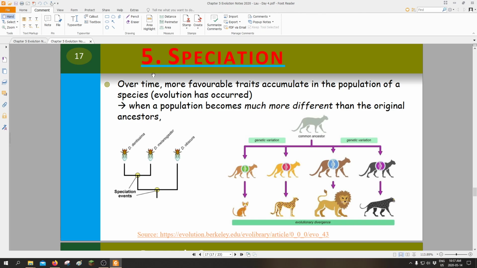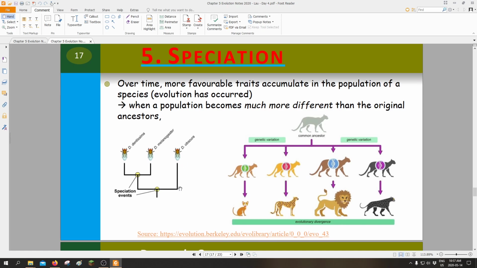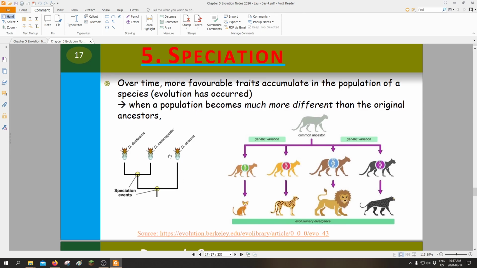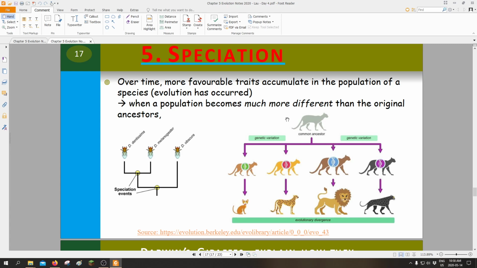These traits have evolved from a common ancestor, and because of, number one, genetic variation, and number two, survival of the fittest, we now have number 5, speciation occurring. This is when, for example, a common ancestor changes so much that they now become a different species of organism. So these are different fruit flies that have different characteristics that are now going to be different species, or you also have, for example, a common ancestor of these different cats, and because of the genetic variation as well as